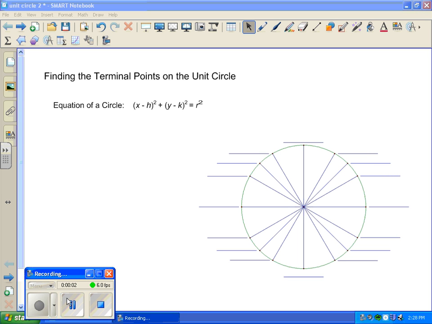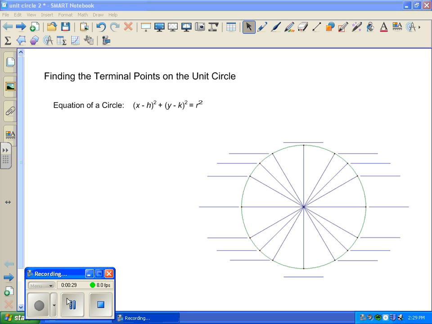In this podcast, I'd like to review how to find the terminal points on the unit circle. This is usually one of the first or second topics that we would study when we're working with the trigonometry of real numbers, either in a trigonometry class, a pre-calculus class, or even an Algebra 2 class. And it sort of assumes that you understand that the equation of a circle is given by